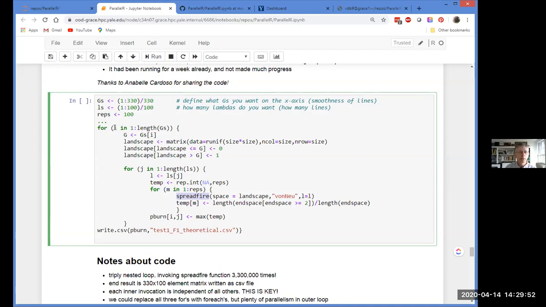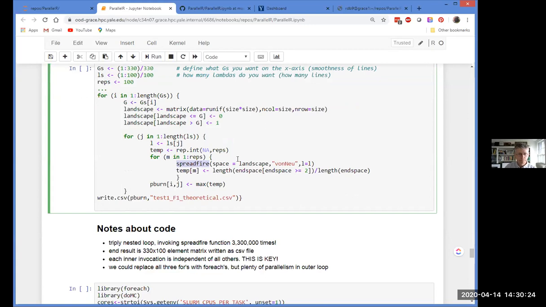To keep it simple and efficient, I chose to just parallelize this outer loop. That's a pretty good rule of thumb: you want to do the least amount of parallelizing that will get you the benefit you're looking for. There's no point in chopping things up incredibly finely and paying all the overhead for doing so if you're not going to parallelize over more than 330 workers anyway.